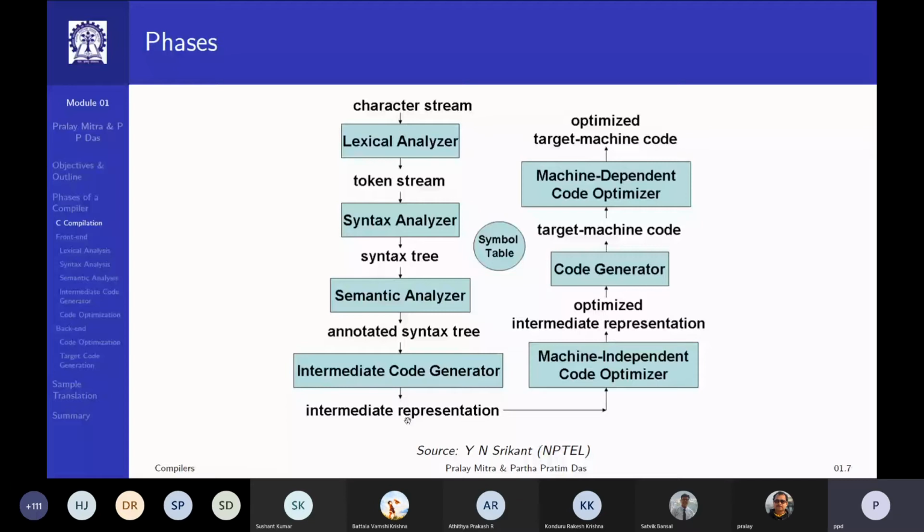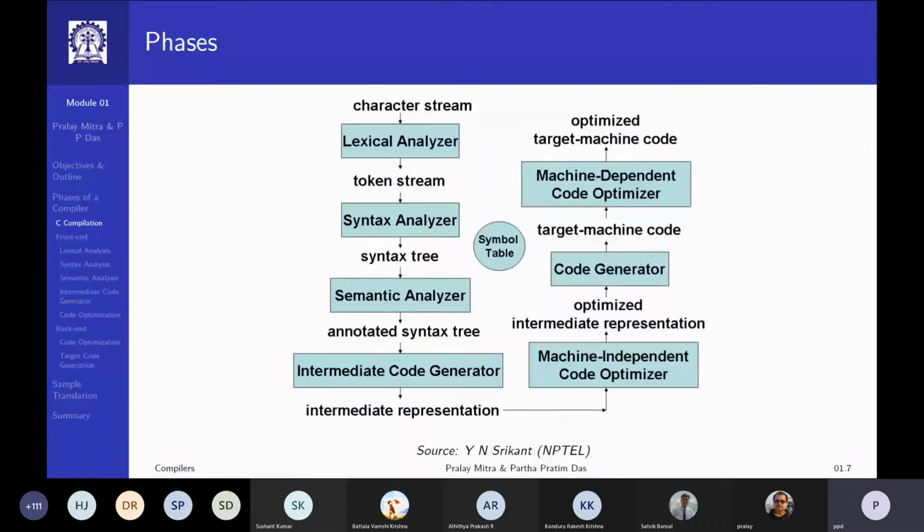Now once you have got this, then you have a set of optimizations. There is a lot of logic that can be optimized. For example, if I have at a stage 2 multiplied by x, I can do it by a multiplication, 2 multiplied by x. I can do it by adding x to x. So multiplication is typically a far more expensive operation.